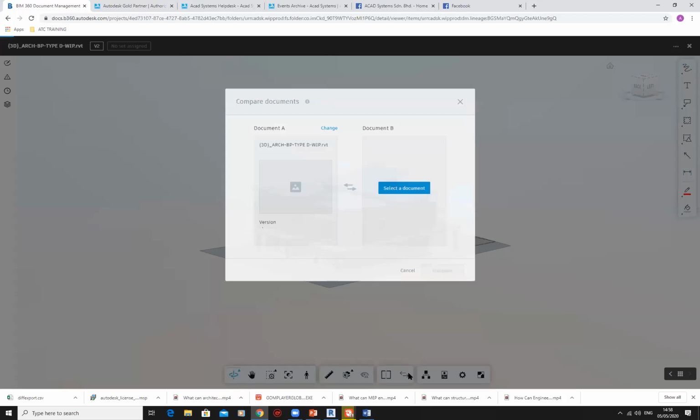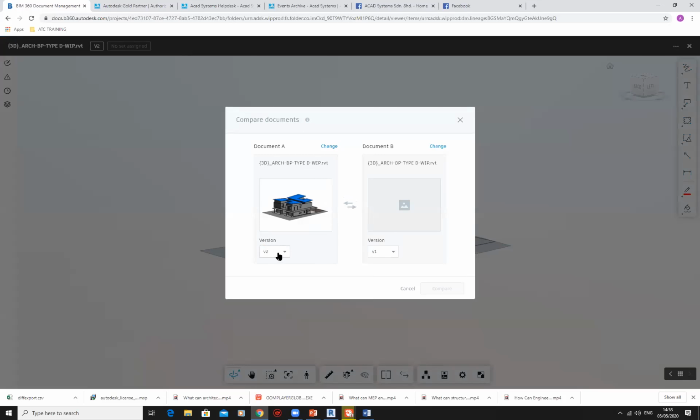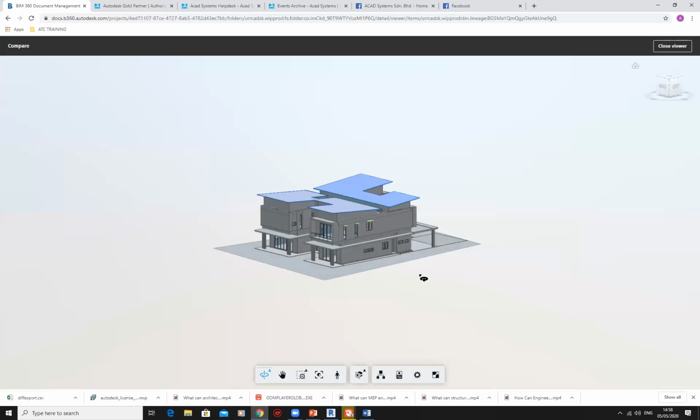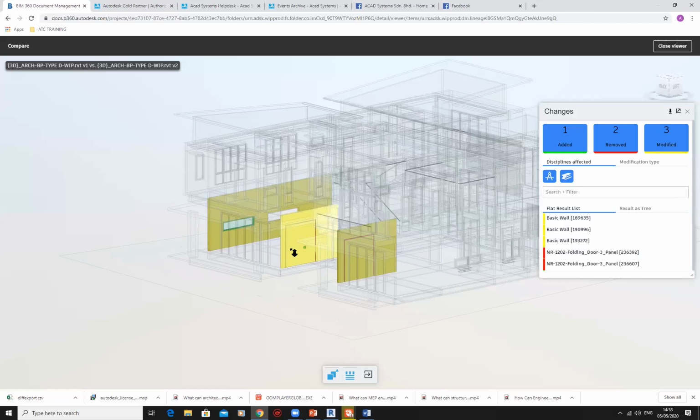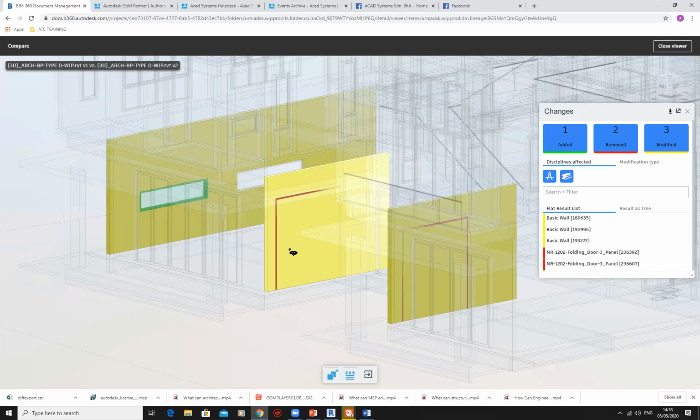If you click the compare button here, you can compare this latest version, version 2, to any previous version. It's not just version 1. If you have 10 versions coming in, you can always compare the latest version to any other version that you require. Once you compare, it will analyze the changes and give you a visibility report on what has been added, what has been removed,